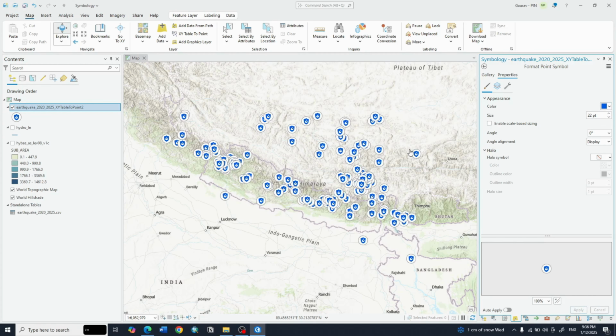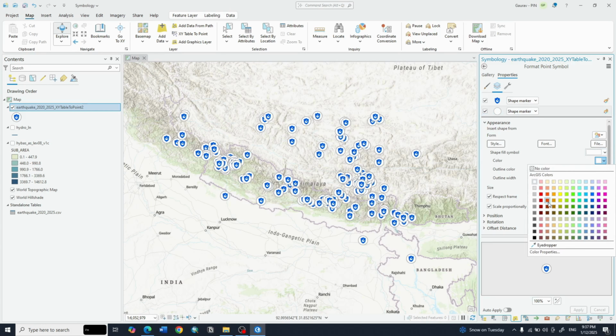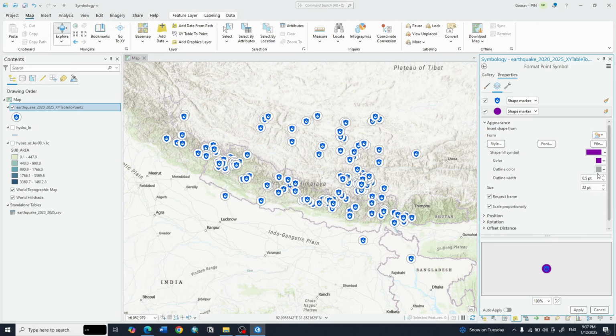So you can change the color as well as size. And then on the next layers we can also change the color of the shape marker. So you can add multiple layers within one single symbol. Here in the shape marker you can always change the color, like I can change this,